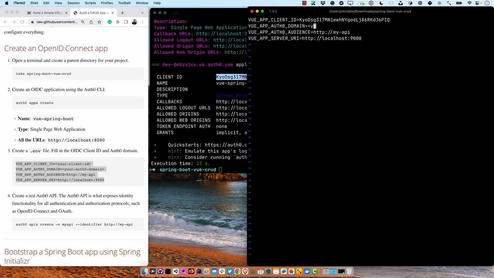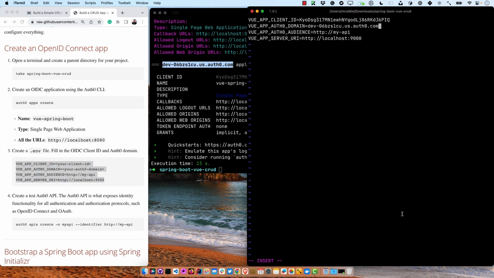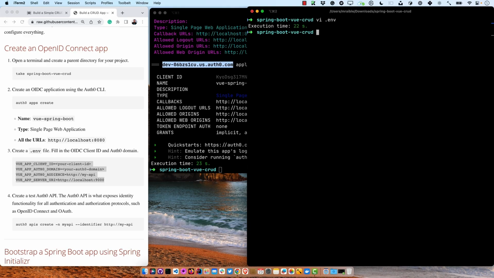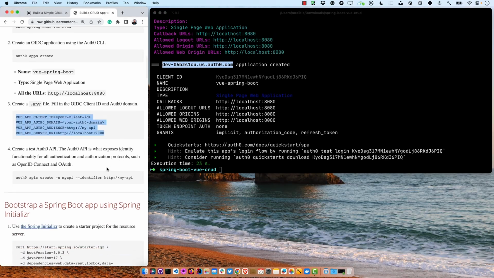And then the Auth0 domain. That is right up here. And that's good enough for now. You can exit out of that one. And then we'll create a test Auth0 API. So this is what we can use to validate our JWT tokens